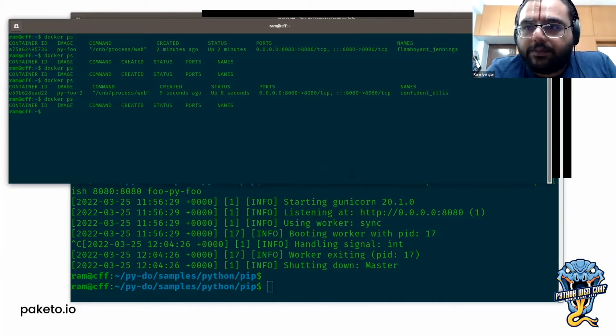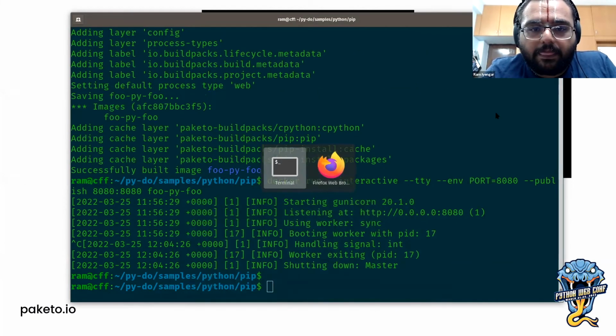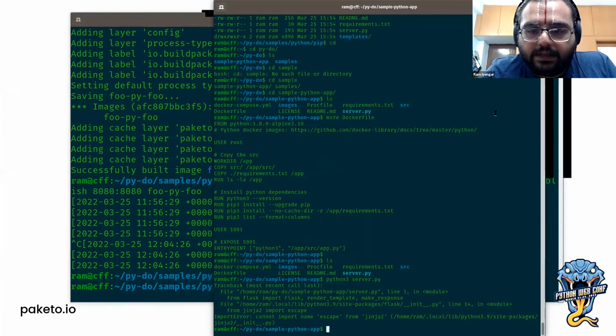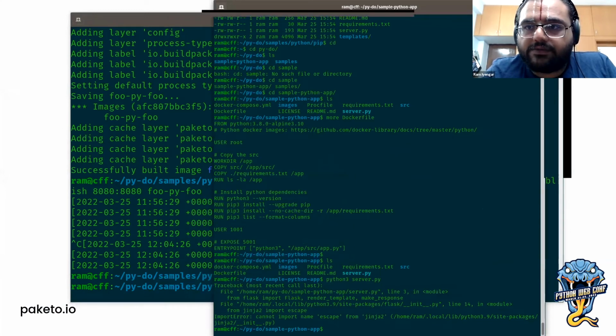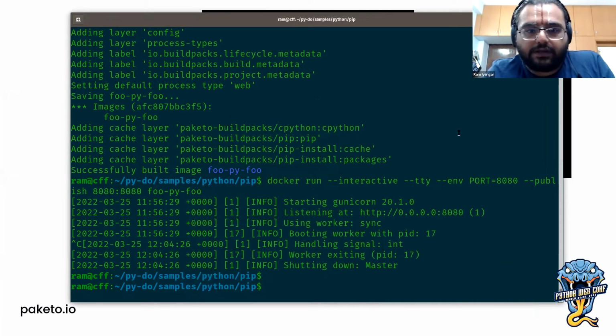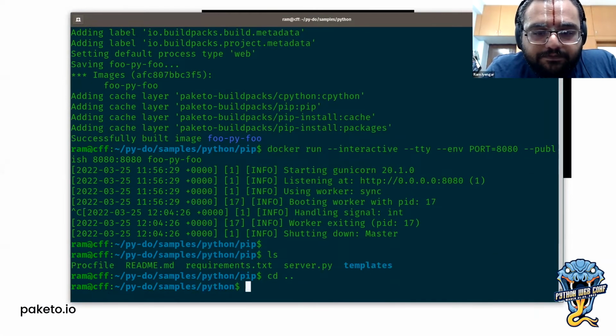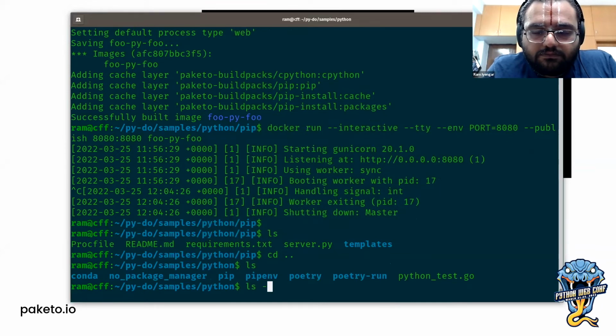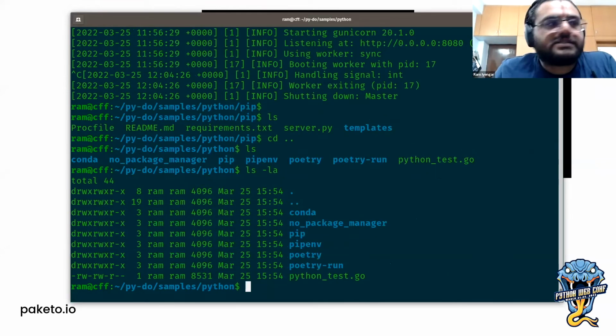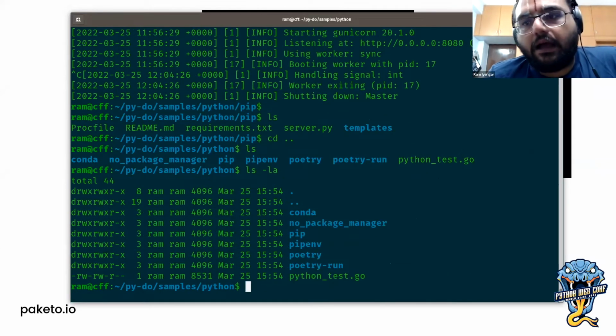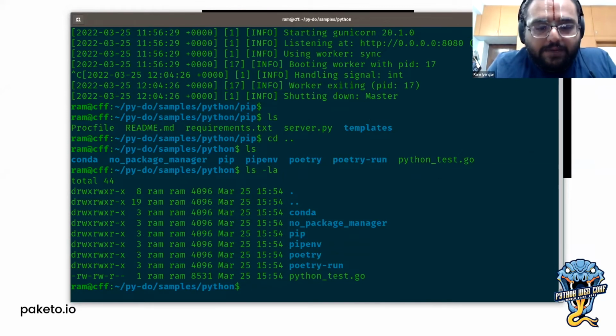So basically my demo is going to be one command to containerize an application, and then I'll obviously run it on Docker and show you what is what. So this is a bunch of different sample apps that I have. They're all meant for this audience. Obviously they're Python, but